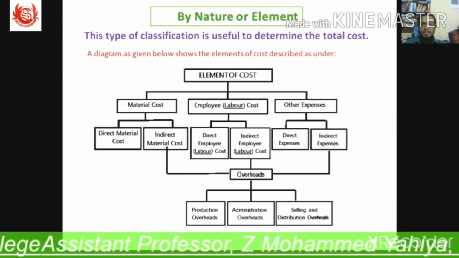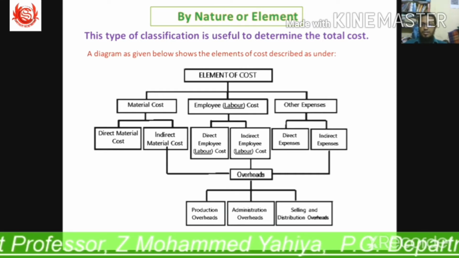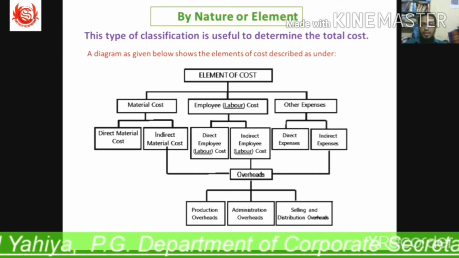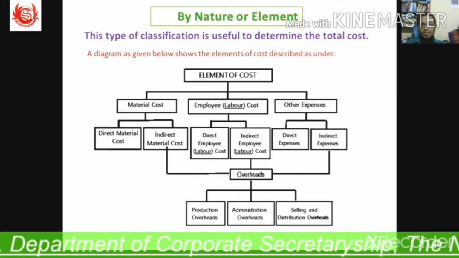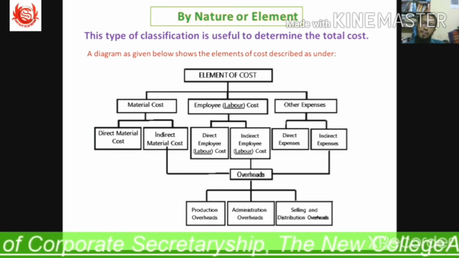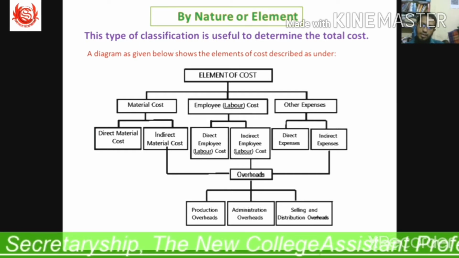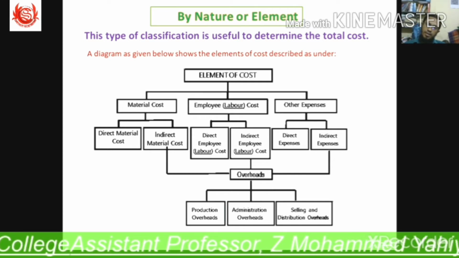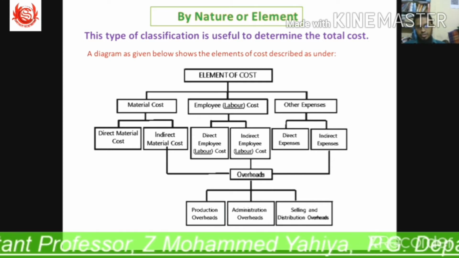Again, the overheads are divided into 3. We have factory overheads, which is otherwise called works overhead or manufacturing overheads; office and administrative overheads; and selling and distribution overheads.